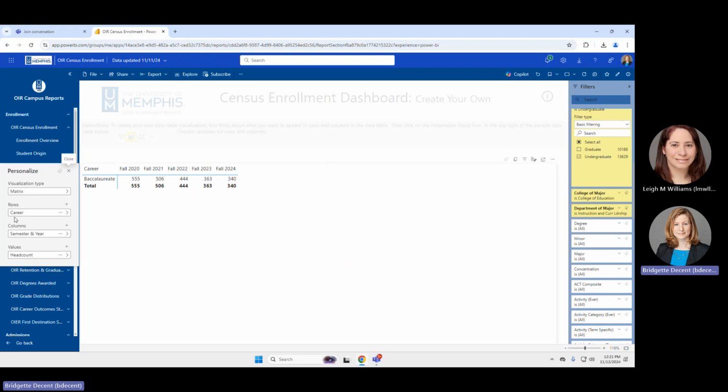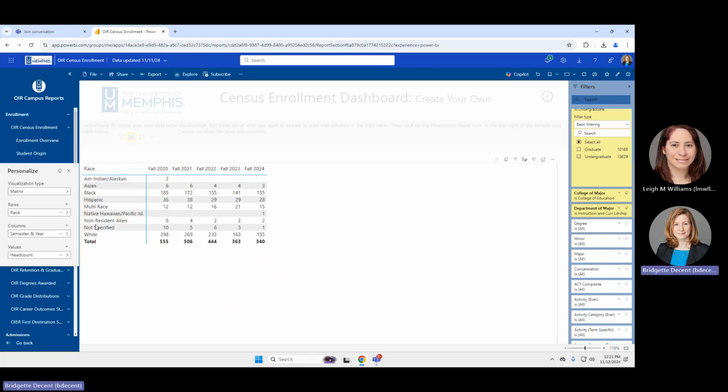And then under here, you just choose your rows and columns that you want to show up. So let's say that you're wanting a report of students enrolled by race and sex. So under the rows, we'll go ahead and click the arrow and we'll search for race. And then under columns,